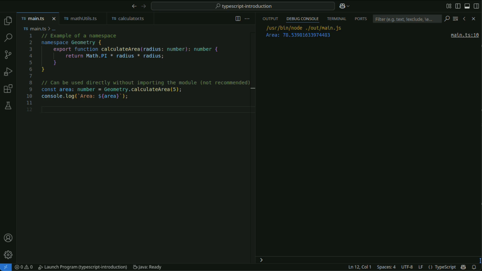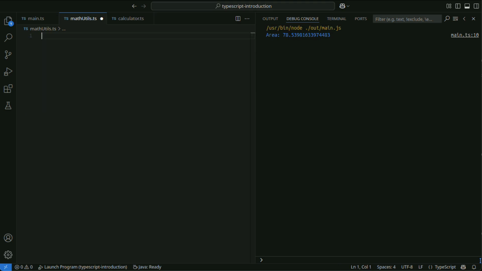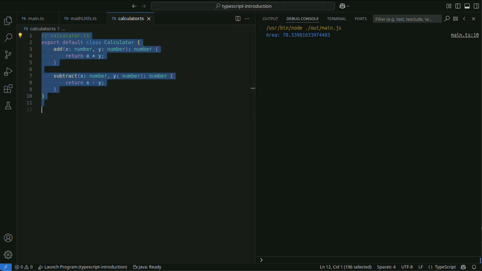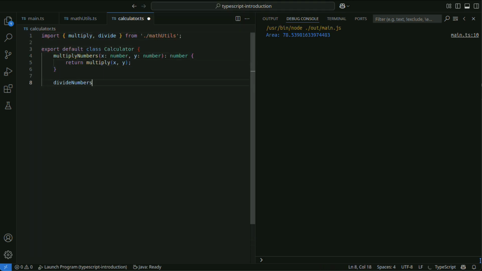Finally, an example is shown of implementing and reusing computational functions using modules. This file defines mathematical utility functions and provides reusable basic arithmetic operations. This file defines and exports the calculator class.